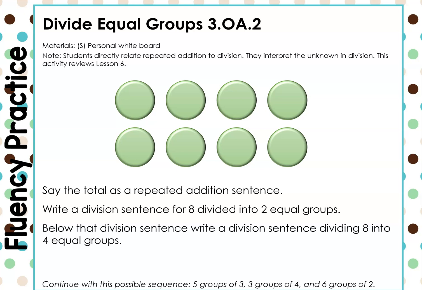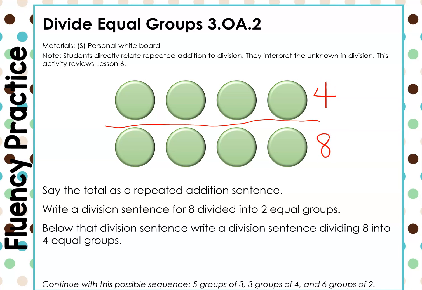Okay, so our fluency practice for today is going to be review talking about arrays. And remember, from last week, an array is just an organized way to draw a picture for multiplication. So if we look at this array on our screen, let's go ahead and say the total as a repeated addition sentence. So let's think about how we'd find that. So within this array, we have two rows or two groups, and in each group there are 4. So to find the total, I can do my skip count by 4s. So I would have 4,